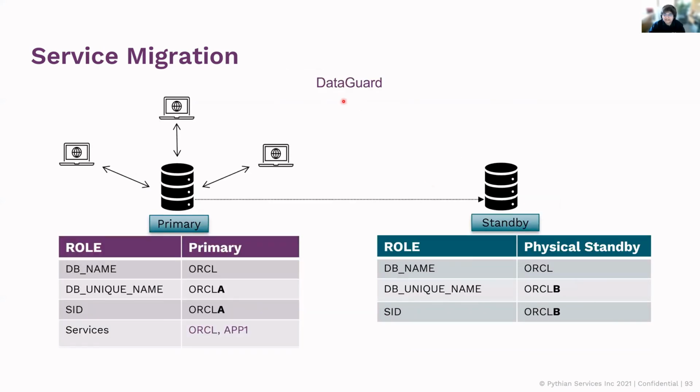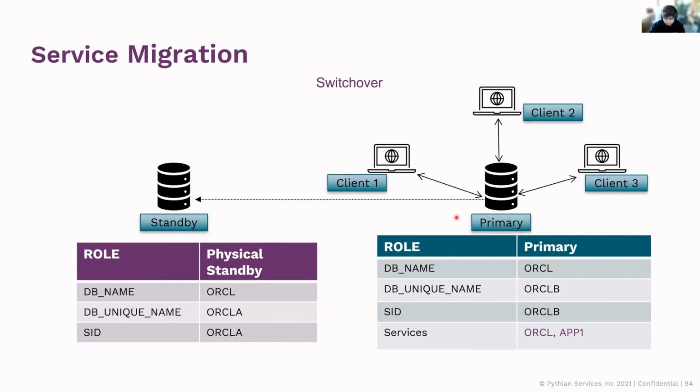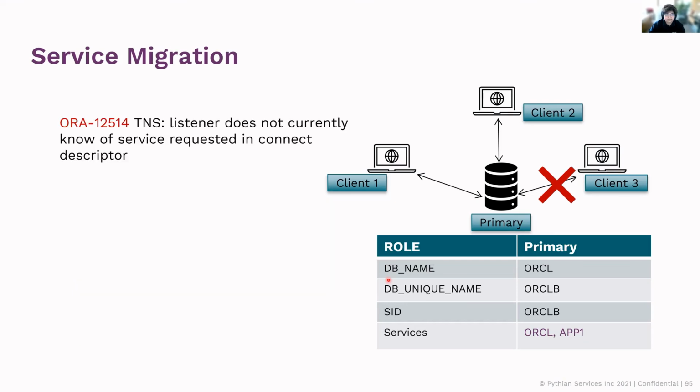Moving on, I have a Data Guard setup. The Data Guard DB unique name is B, and I'm using the SID B. This is the setup that I have. Now I switch over and conduct a migration. Once I've switched over, I have these things and I've migrated my services over here. But then we notice that this can happen. Suddenly one of the clients breaks. The services that were running on the source are the same services that are running on the primary, but still we face this problem. This is the error that we're getting, that the service is not recognized.